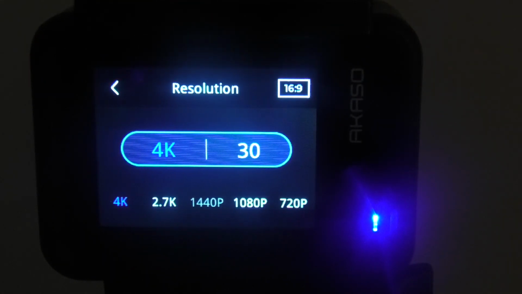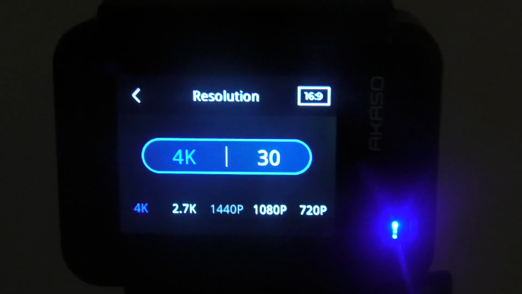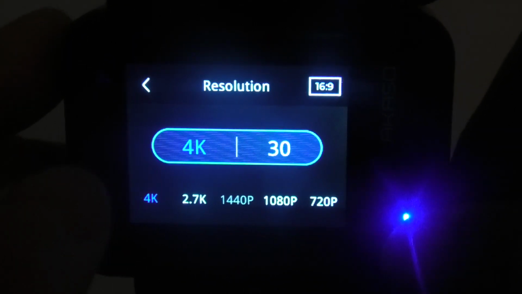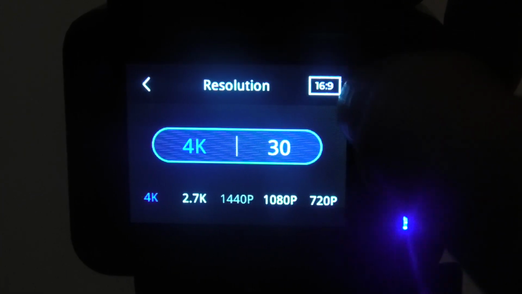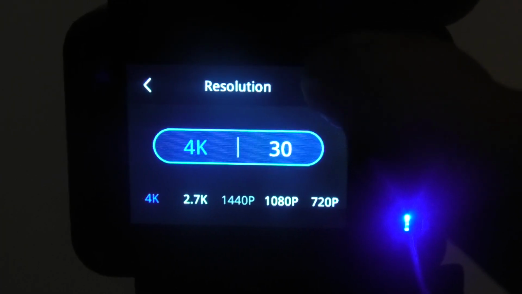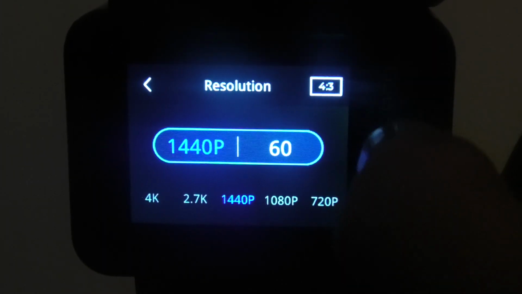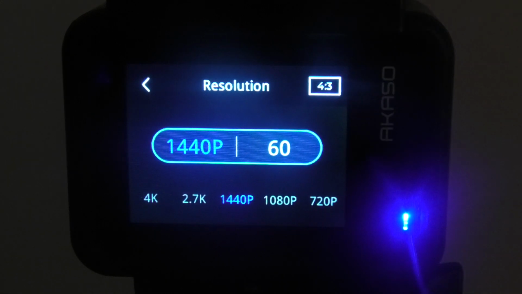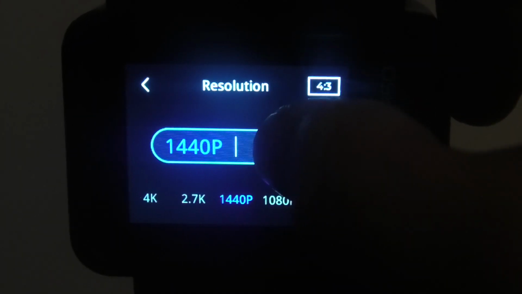As I said in an earlier video, the screen can be somewhat unresponsive. It takes a little bit of patience; you might have to tap it a couple times or use your opposite hand. But you can see up there in the upper right, 16:9 is selected, so we'll tap that just to show you. Now it's 4:3, so at that aspect ratio we only have 1920 by 1440 resolution, and we have the option of 60 frames a second right now. That's, I guess, the default.